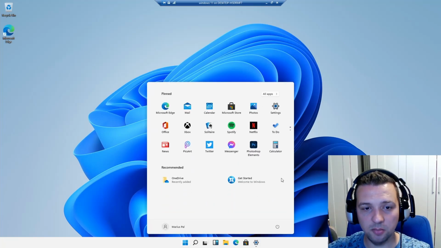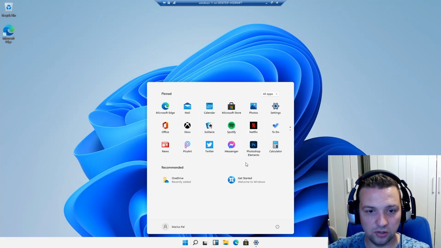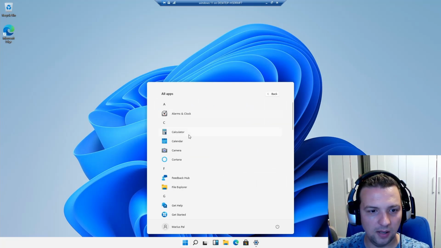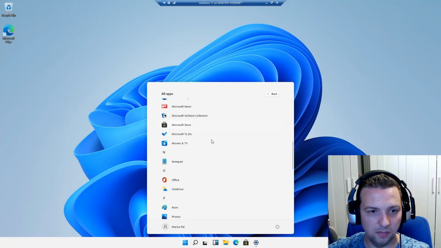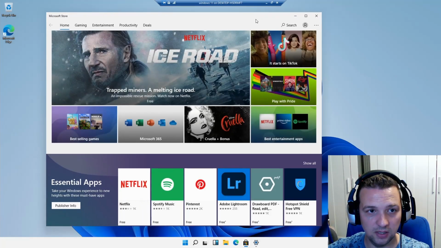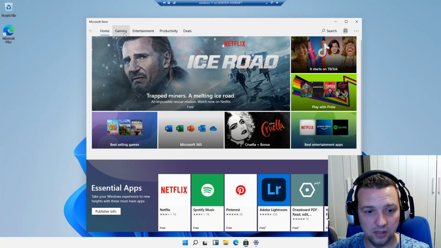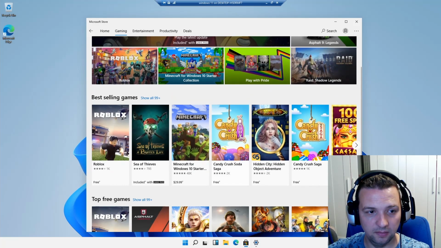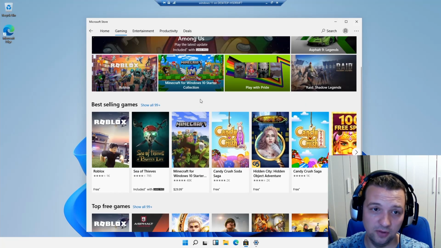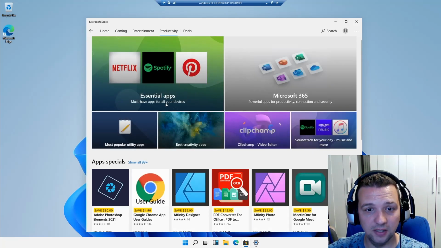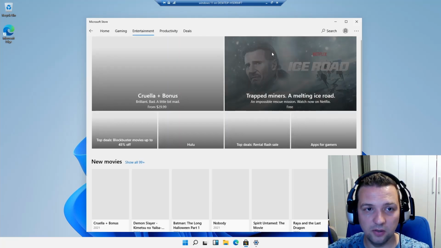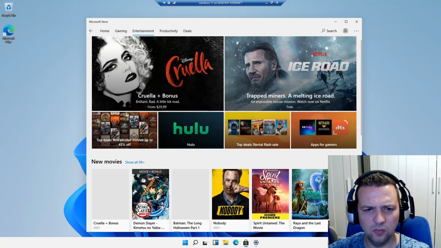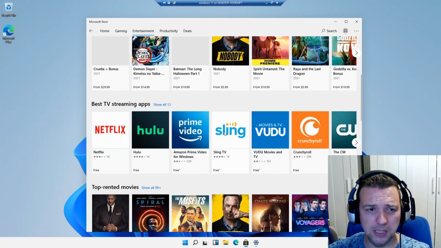This is the new startup menu. This looks much nicer, I would say. All apps. And you can already see the Microsoft Store, as I mentioned previously, now supporting Android apps, like all the games that you usually play on your phone, and for productivity, a lot of interesting apps, and also for entertainment. But I don't know why you would use an app when you can use it via browser. But yeah,